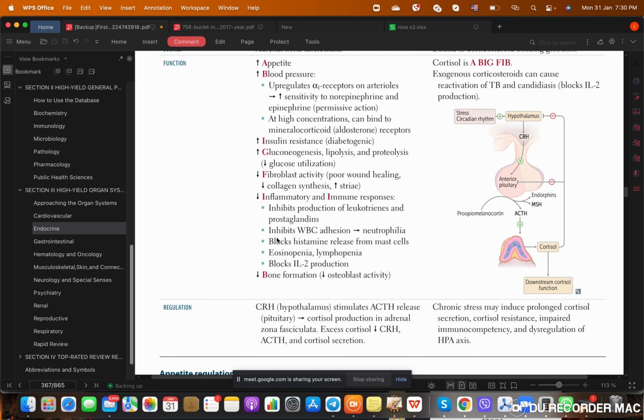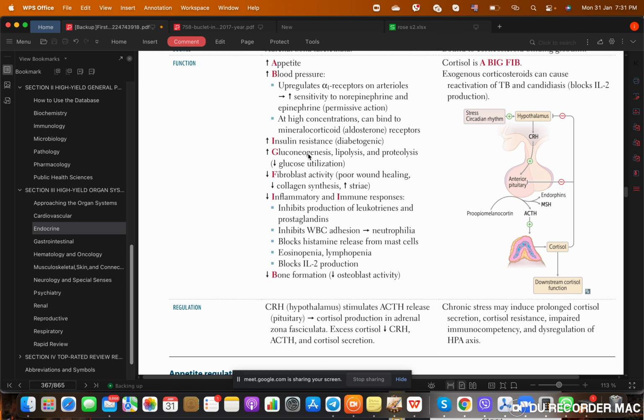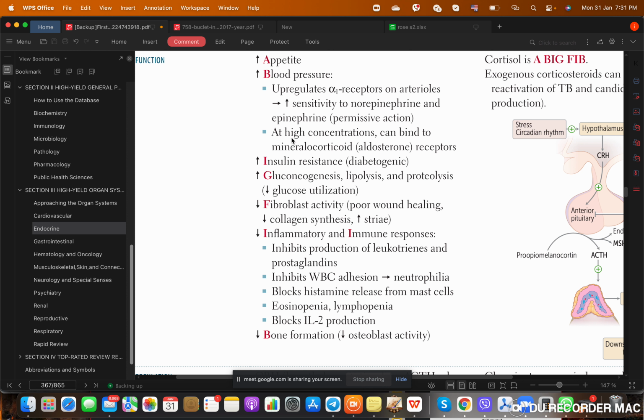So the next thing is about what they write for us here. At high concentration, it can bind to the mineralocorticosteroid receptor, and by binding to it, it can lead to mineralocorticosteroid receptor function. I like the one, like stress to get up, which is actually quite true. Without this stress, these people have really high difficulty waking up from sleep in the morning, and they must wake up at 6 o'clock, but they stay in bed until 9 o'clock